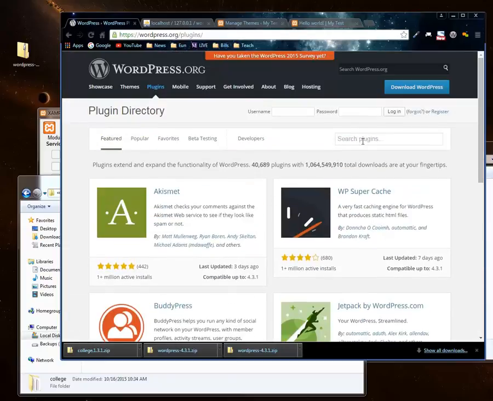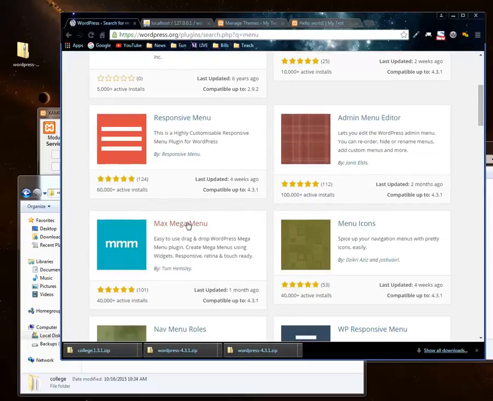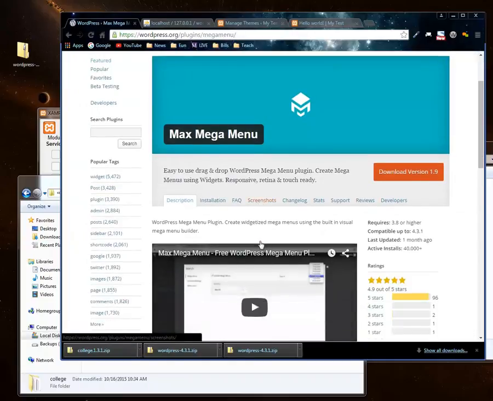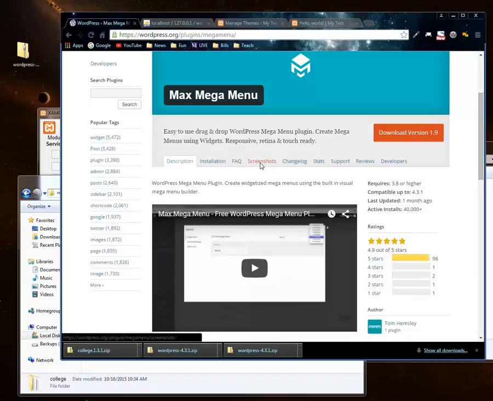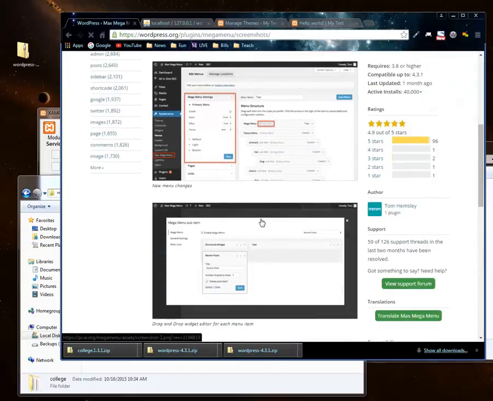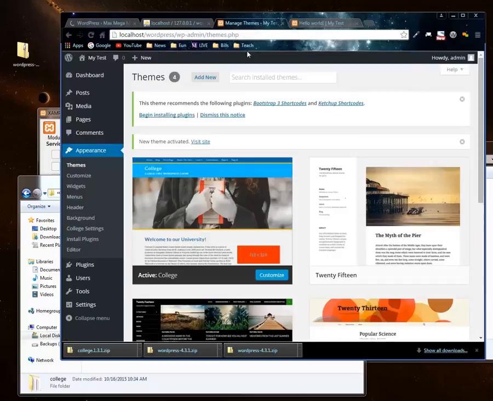I end up using menus a lot, so I'll look in the menus and see what some different menus look like. Usually you can click on a theme and go to screenshots. Sometimes this one's got a video about it, but sometimes even the screenshots will show you how it works. But menus come standard in WordPress on its own anyway, so